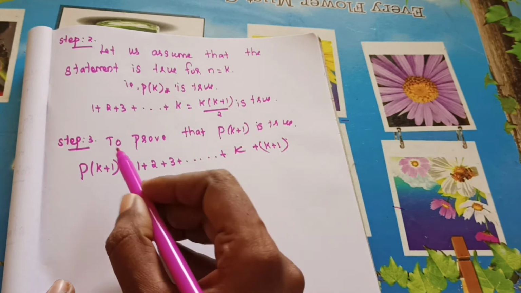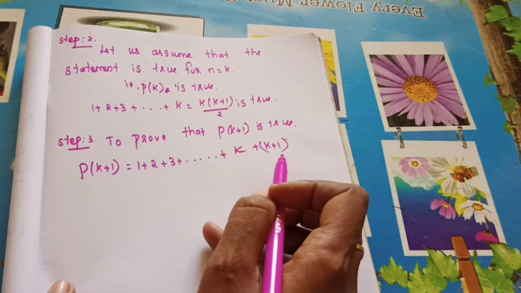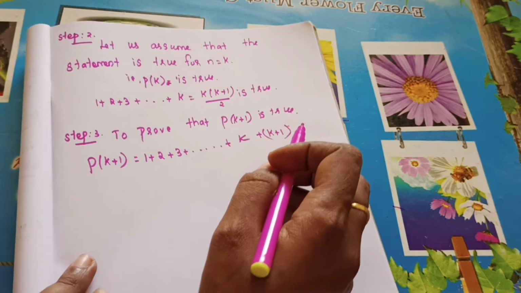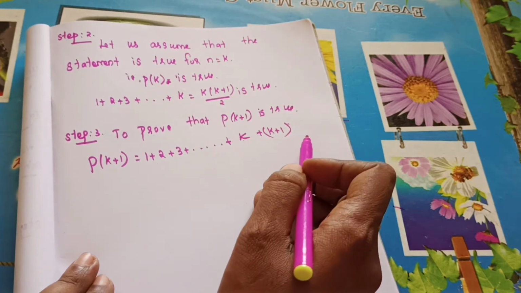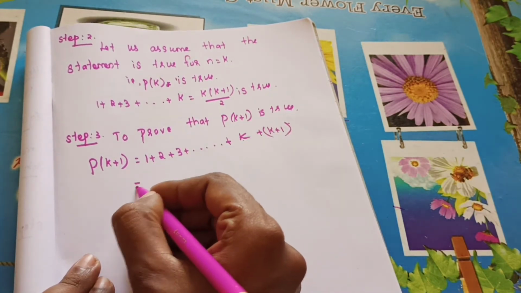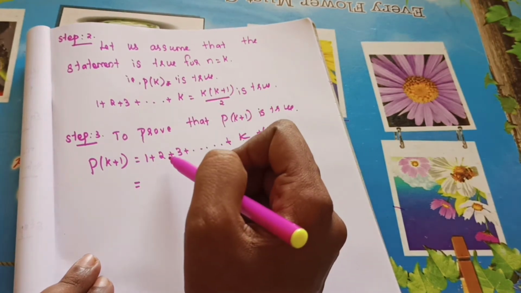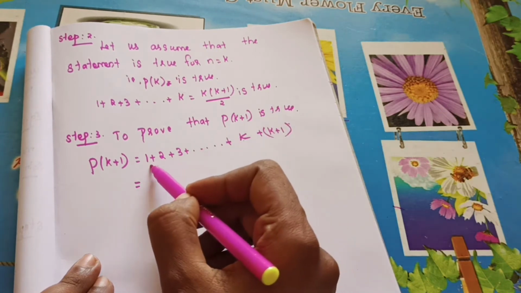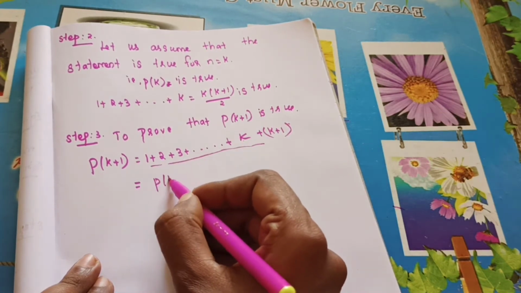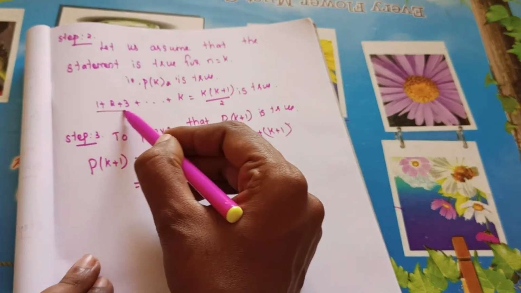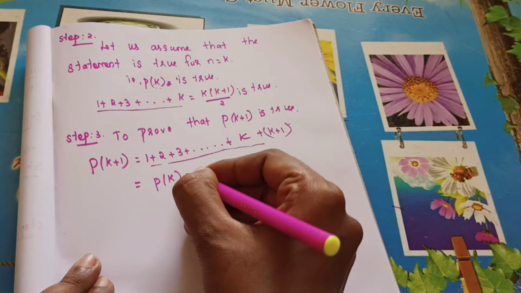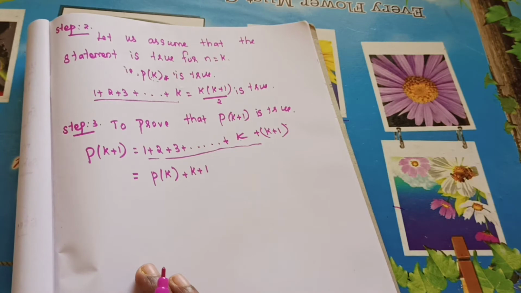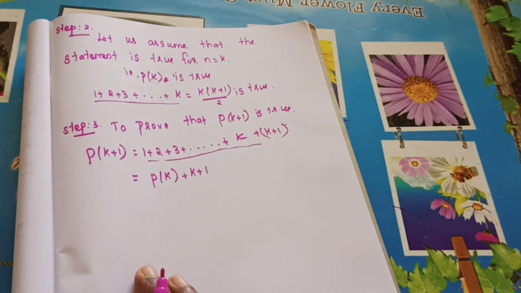You have a doubt, again and again I am repeating, that is 1 plus 2 plus 3 plus etc. up to, I said in the place of k you need to substitute k plus 1. I substituted in the place of k as k plus 1. The number before is k, is it right? Then only the next number will become k plus 1 because it's a natural number. If it is 5, the next number is 5 plus 1, 6, is it right? So up to here, that is 1 plus 2 plus 3 plus etc. up to k, shall we write the value as P of k? Yes, because from here to here it is the same as P of k. So in the place of 1 plus 2 plus 3 plus etc. up to k, we can write P of k.